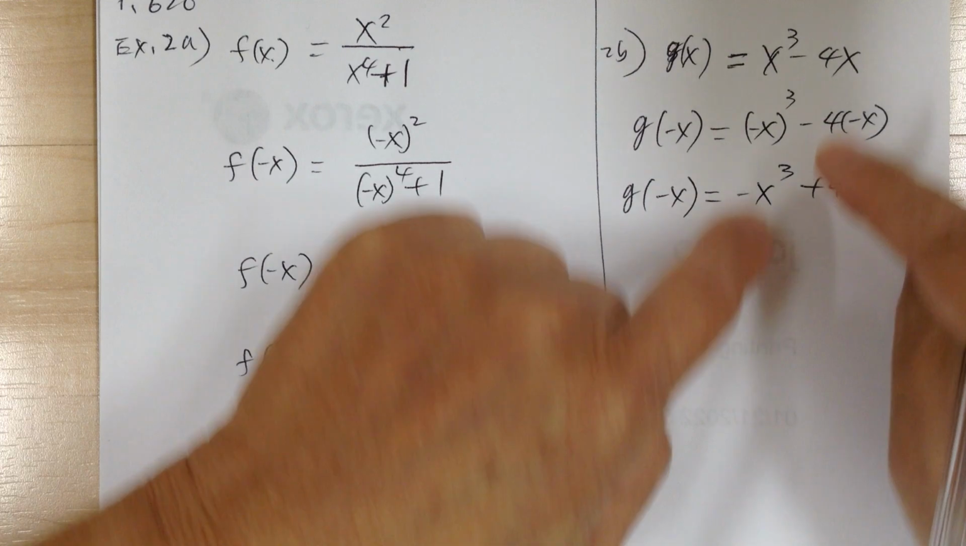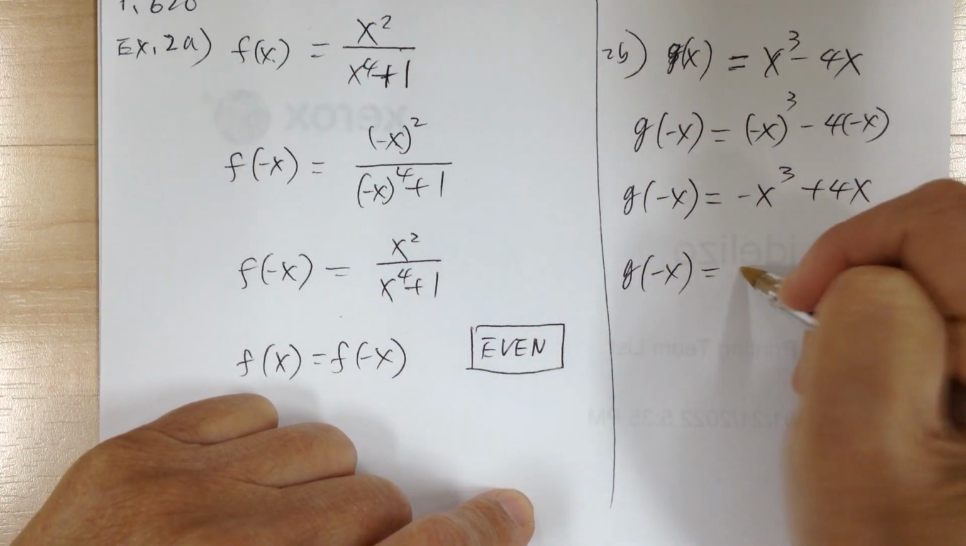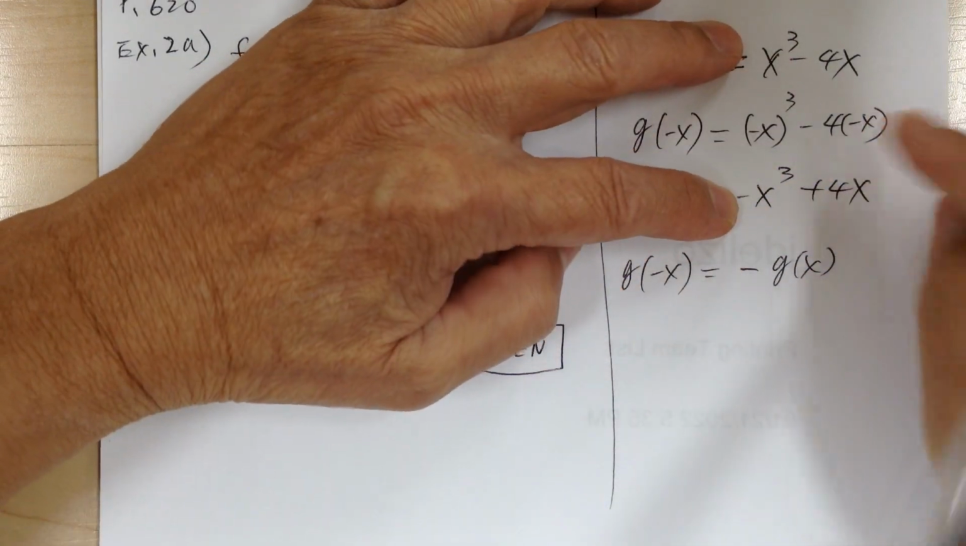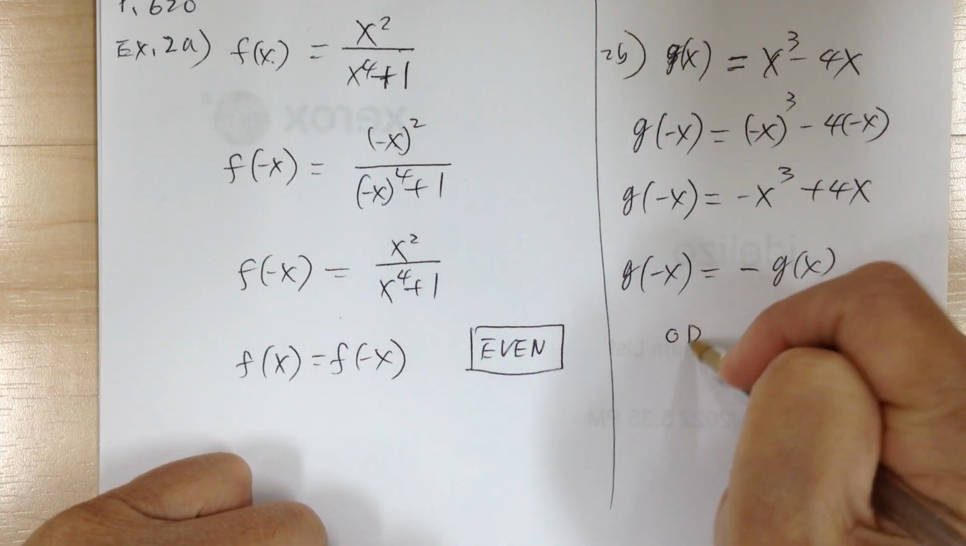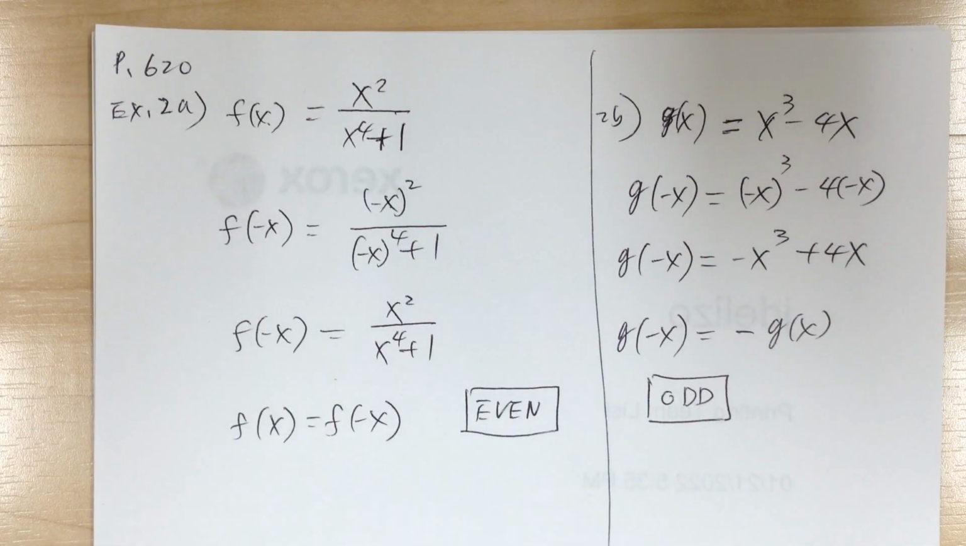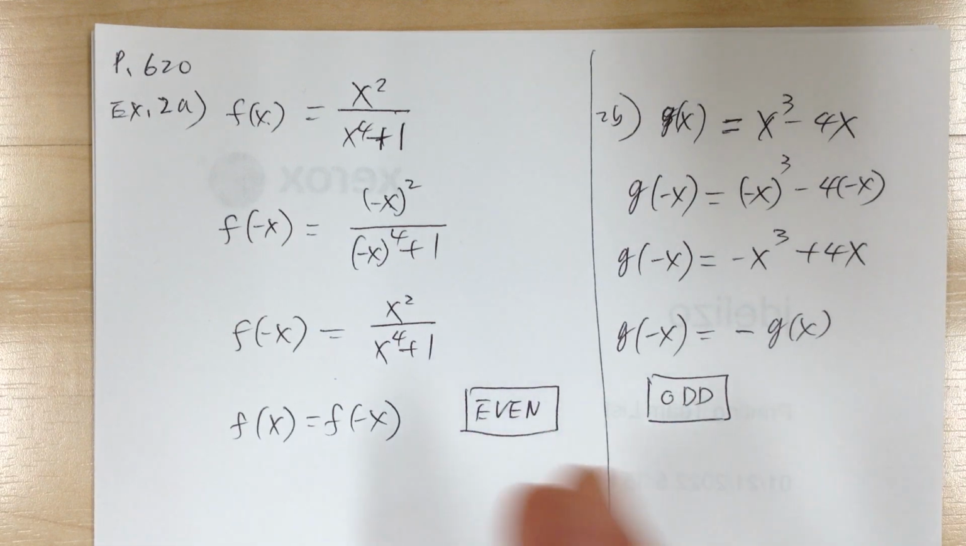So notice that this is equal to the negative of that. So g of negative x equals negative g of x, right? This is exactly opposite of that. You can compare. So this is the odd function. So again, this is even, this is odd, and remember a function can be odd, even, or